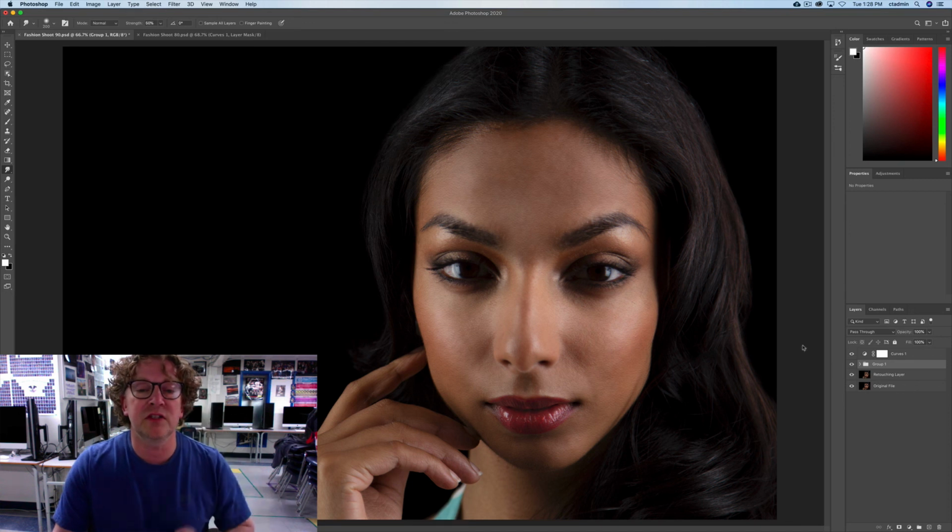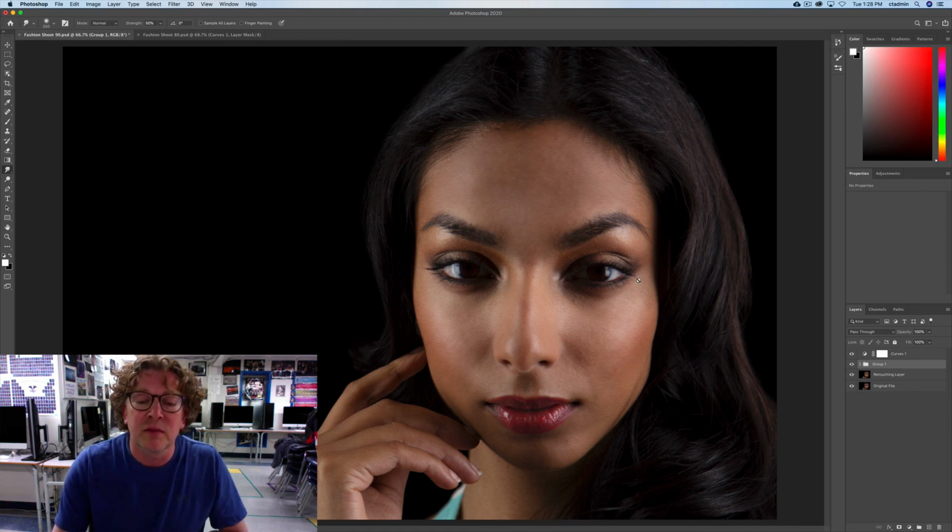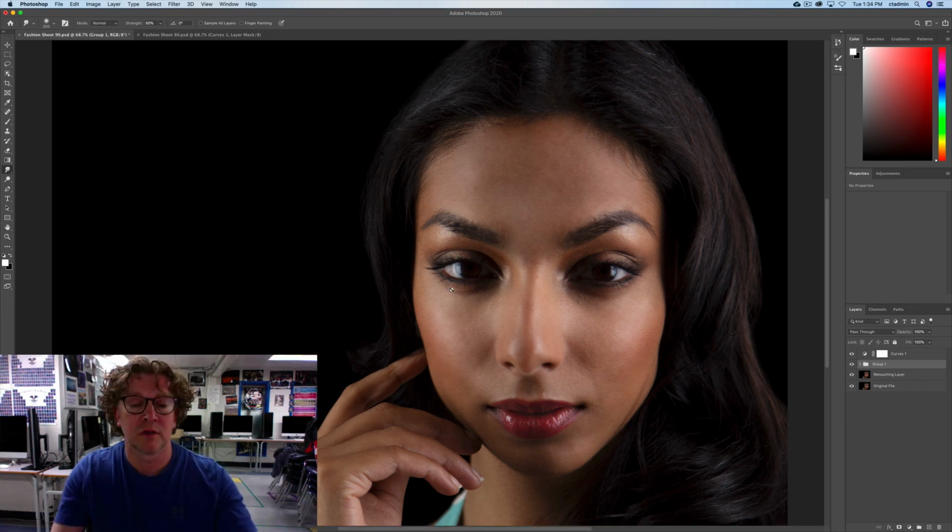I can see in here that maybe I might want to clean up the forehead just a little bit, maybe even throw a bit of a paint layer in there if I need to, and then back and forth, however it is that you'd like. But I think I'm going to leave it at the moment and let you get the layers to be the way that you want. But before we go, I just want to show you the difference between the two methods